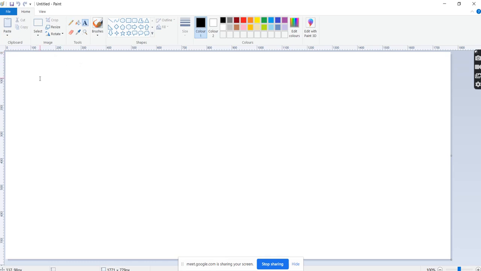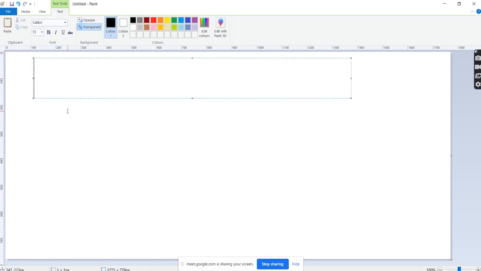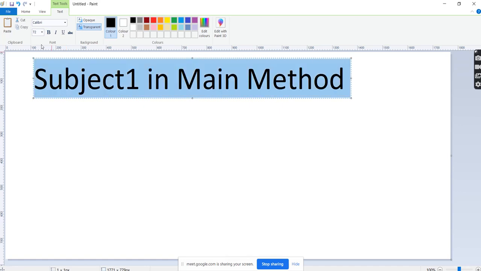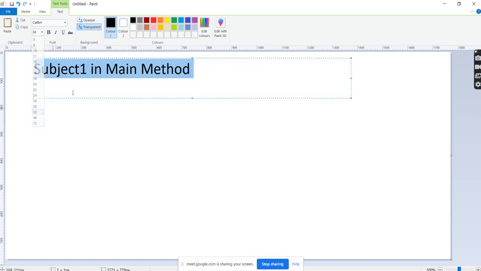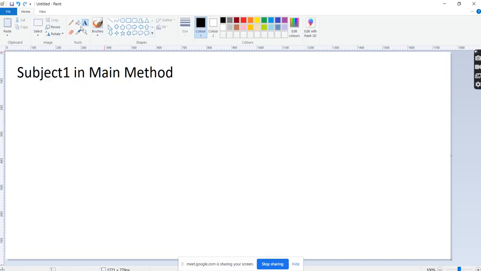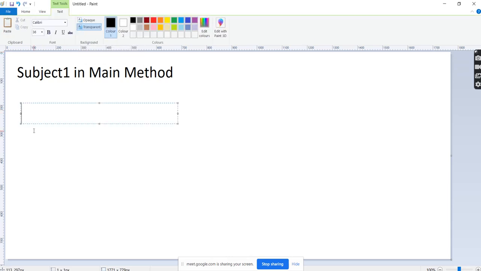If I go with the same naming convention, in the main method, right? Here what is happening?